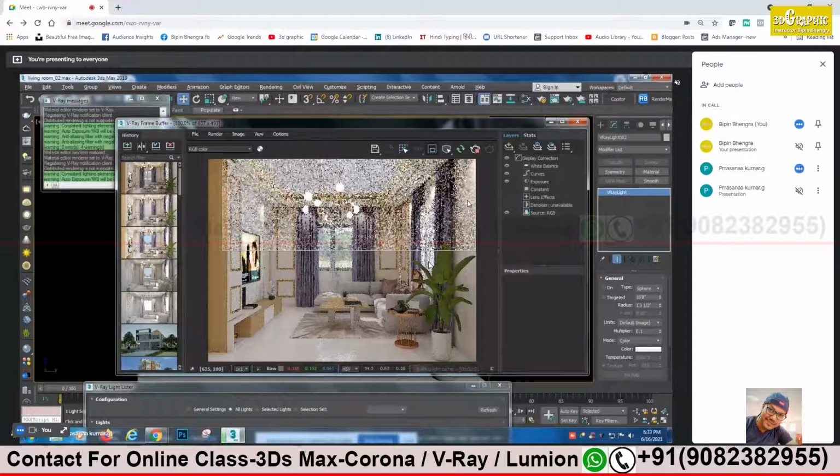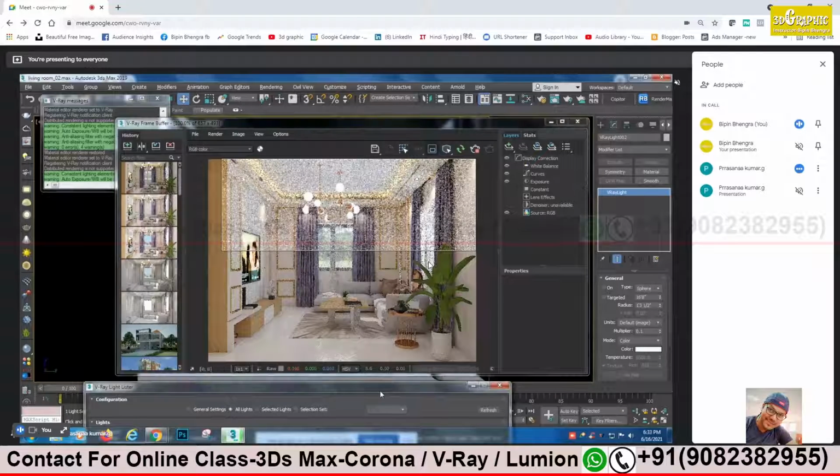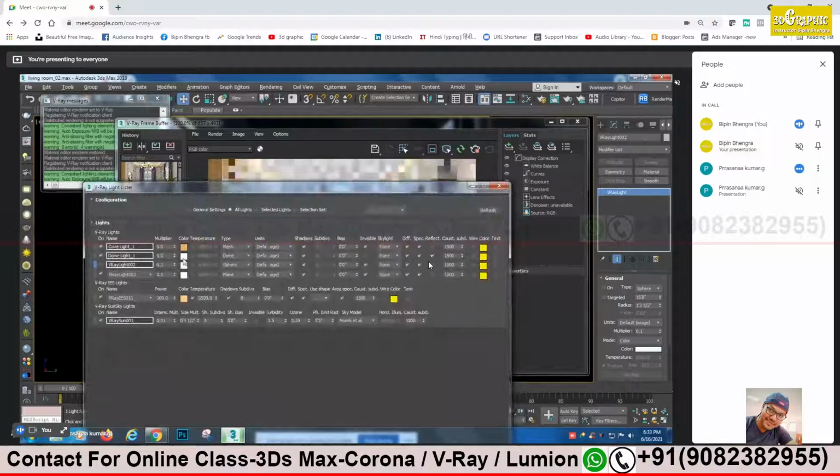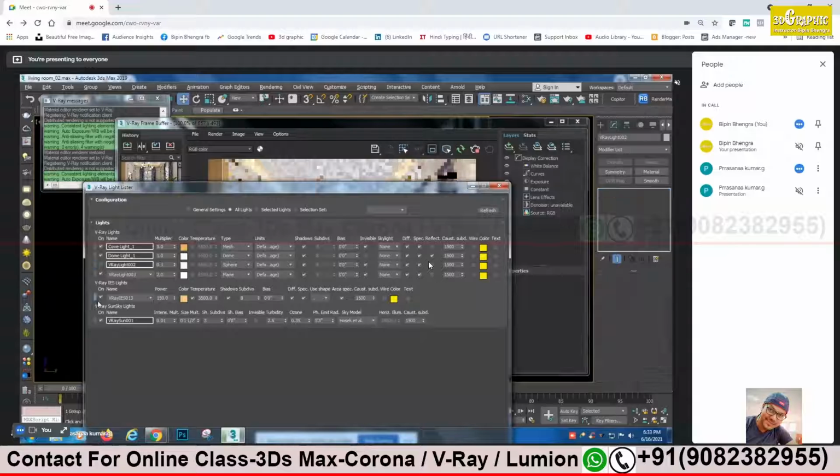It's too bright, sir. So I will reduce the intensity of the IES light, as well as the color correction on the right side there also. A little exposure we'll control. First reduce the intensity power. It is at 300. I will take somewhere around 100 and check. Or yes, 150. Just check 150. Just half, make it half.